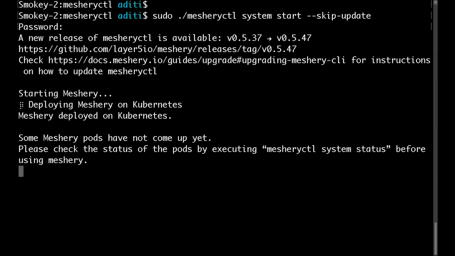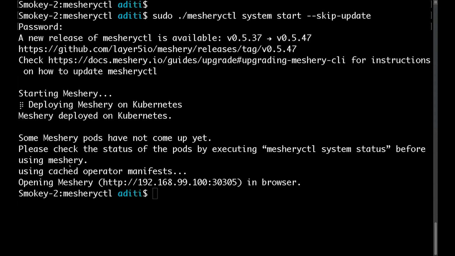The next thing I'm going to do is extend this to the Docker compose file as well. Yes, you can see it's using cached operator manifests. If you guys have any way I could improve this, just let me know.